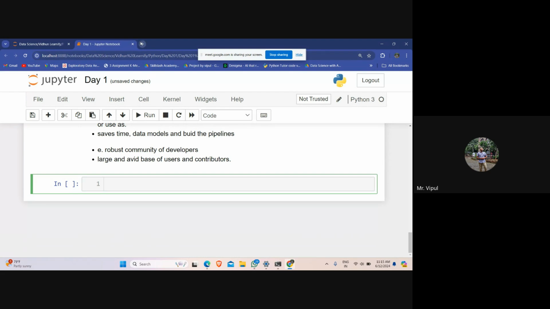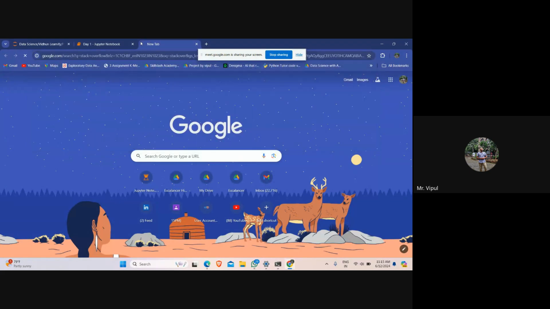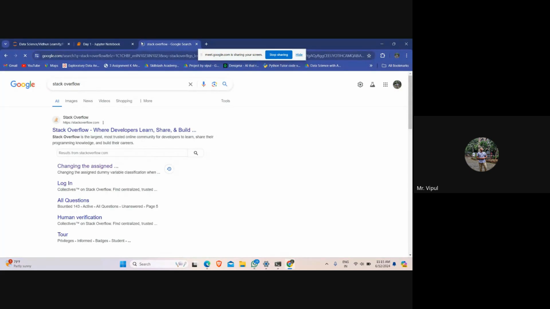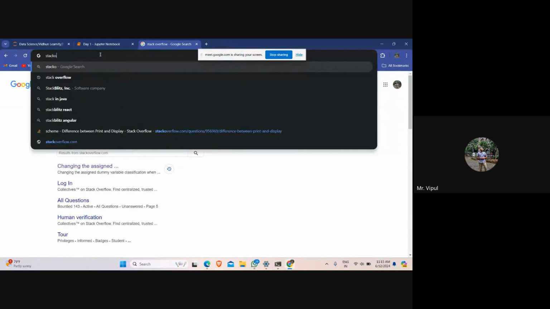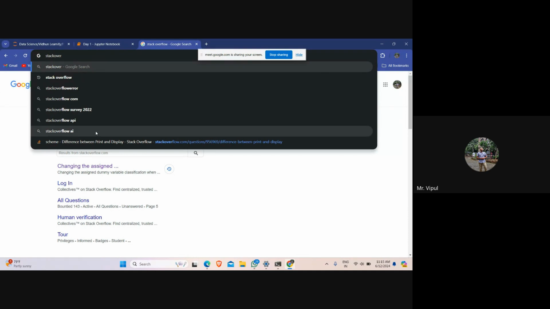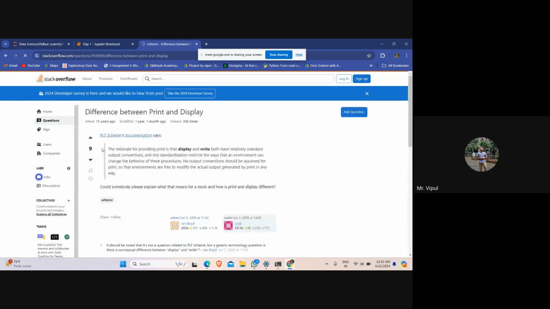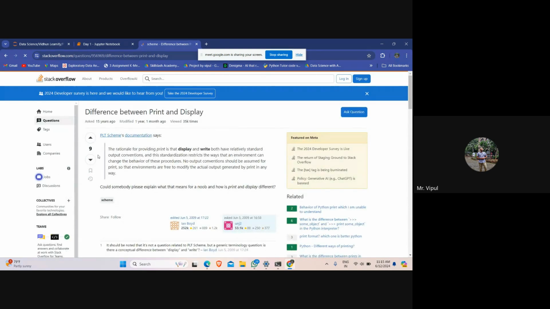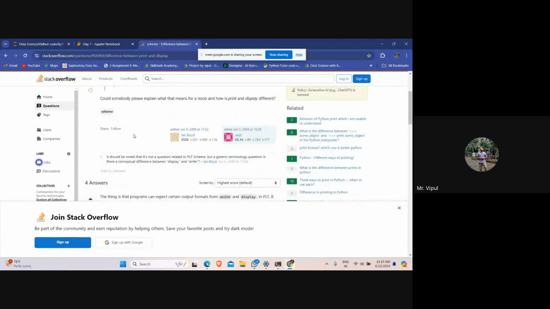Suppose there is one website, known as Stack Overflow. If you search for anything, let's say I want to search the difference between print and display, I'll just use the Stack Overflow website. And over here, you can see we have a solution to this, right?